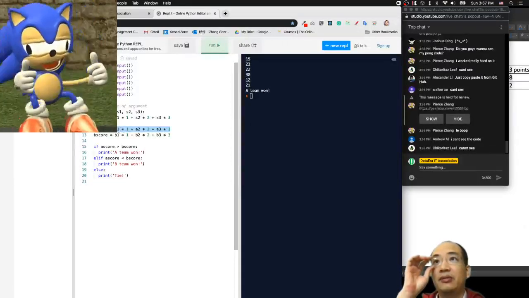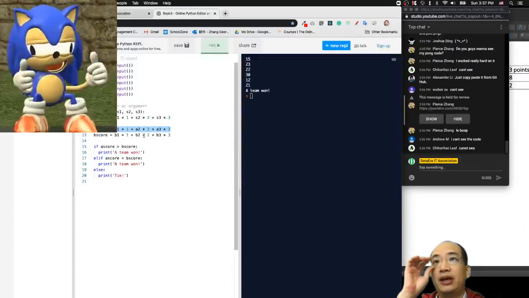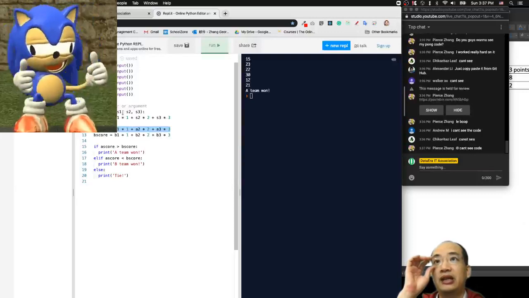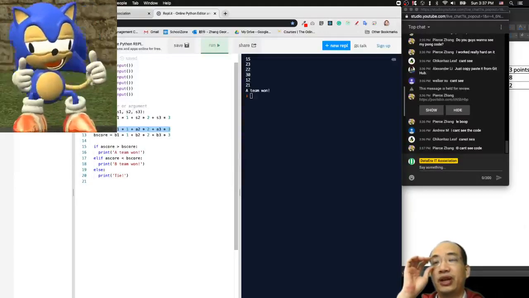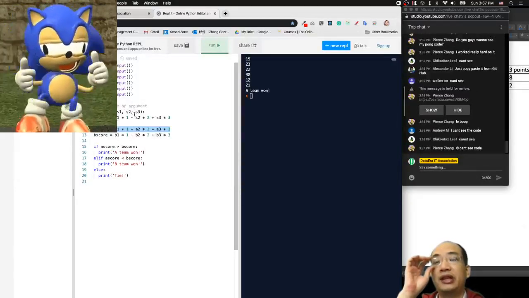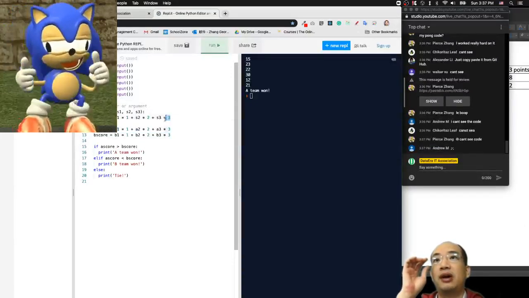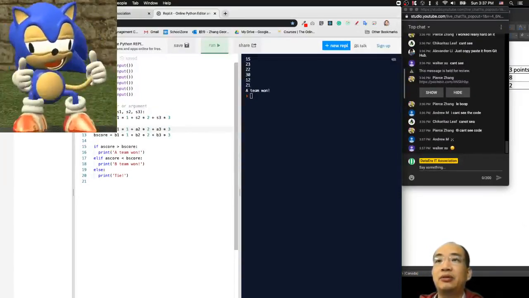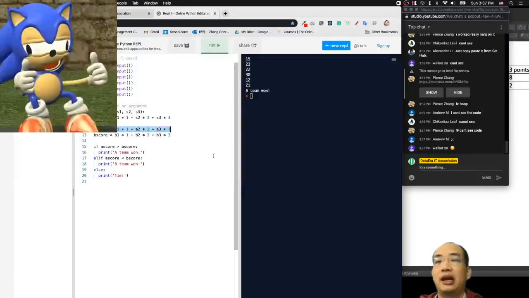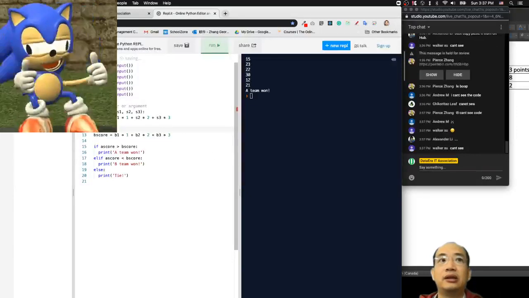Because we are going to put A1, A2, A3, and B1, B2, B3 as parameters into this function. And they will do the same calculation and return the result. So I am going to remove this part, and instead, after I remove it, I will do